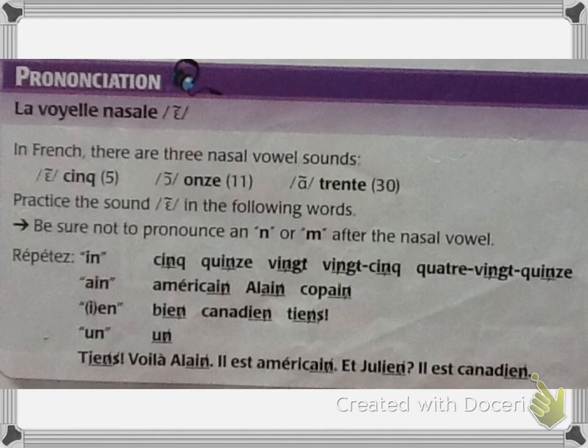So, you're going to actually take your fingers and put them on the hard part of your nose. And if you're saying these words correctly, you should feel the vibration of your nose as you say these, because these are nasal sounds and there should be air rushing through your nose if you're saying them correctly. So right now, you should have your fingers on your nose, on the hard part of your nose.